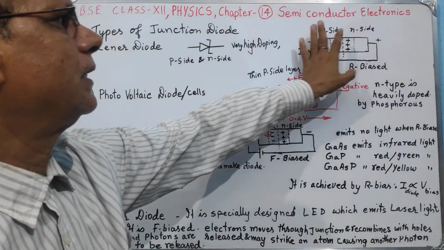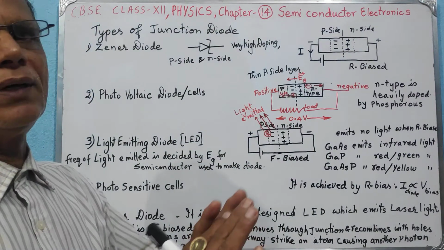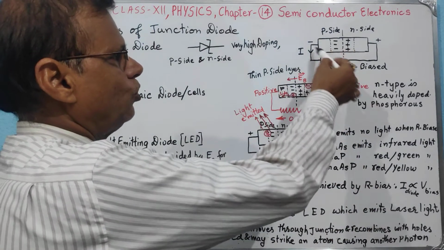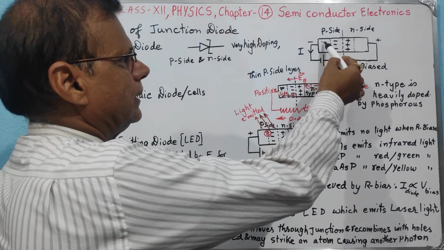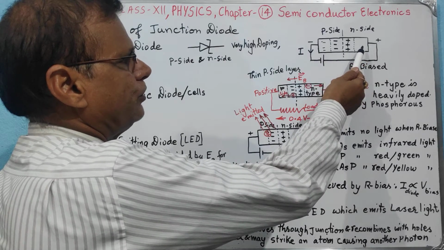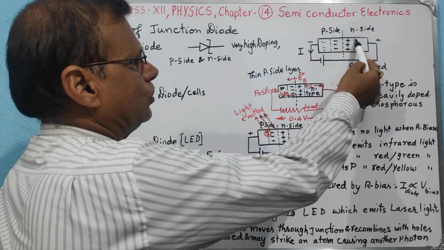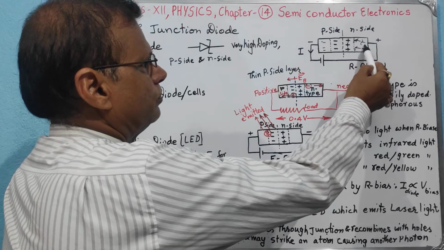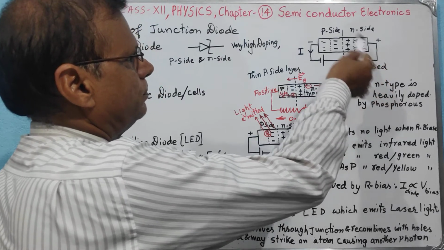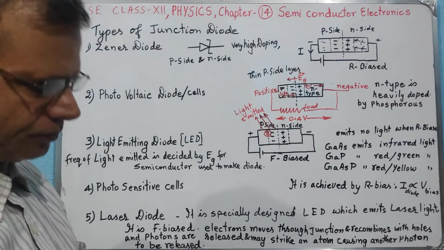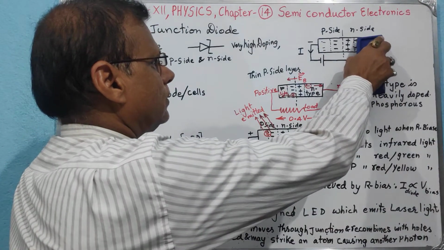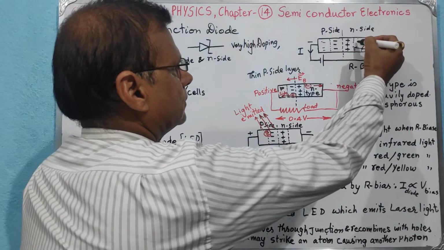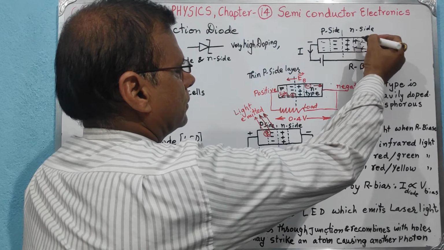the whole P and N type layer will be covered completely by the junction layer, means the whole P side will become negatively charged due to diffusion of electrons from the N side, and the whole N type will become positively charged due to movement of electrons from N side to P side. That means the whole surface of P type and N type is overlapped by the barrier, and therefore